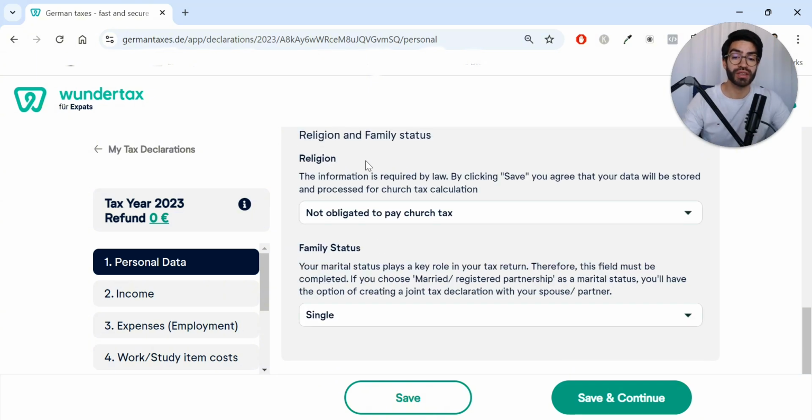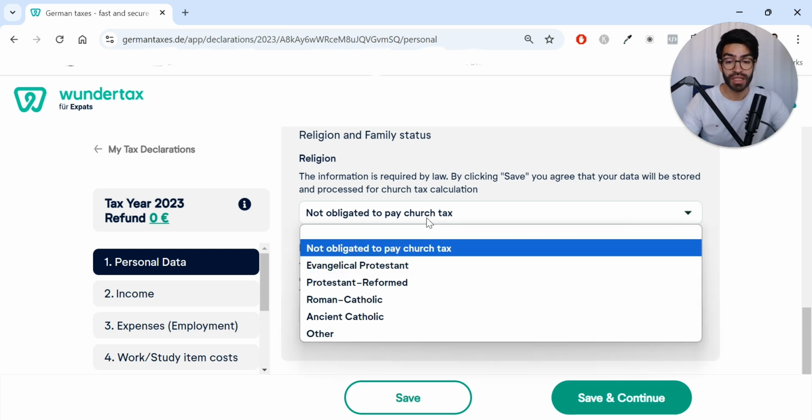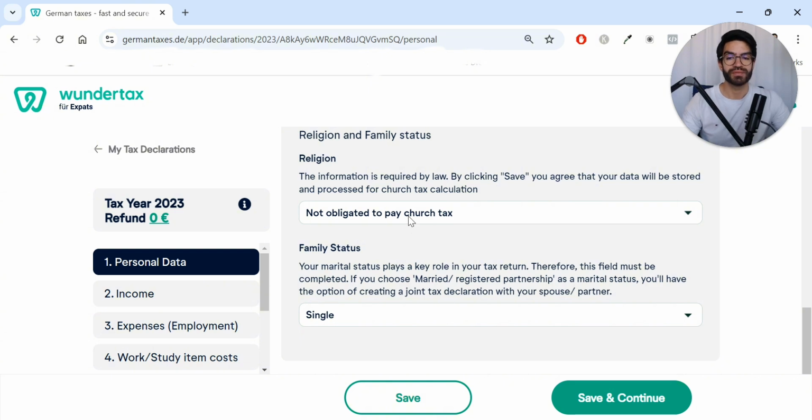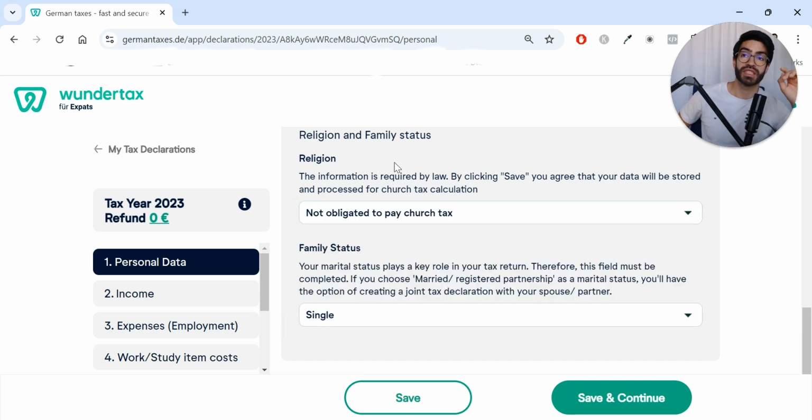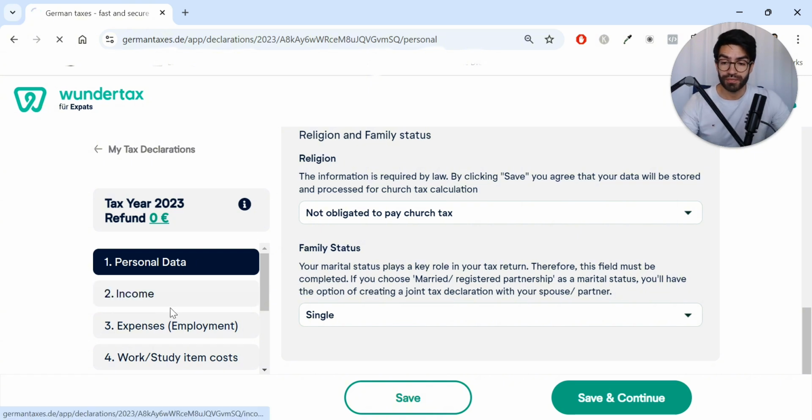Religion. This is an important thing, religion status and family status, of course. If you put here a religion, you will pay extra taxes. So be careful with that. And family status, of course, if you are married, single. Also, if you're married, this plays a part. So yeah, it's important you change this. Then